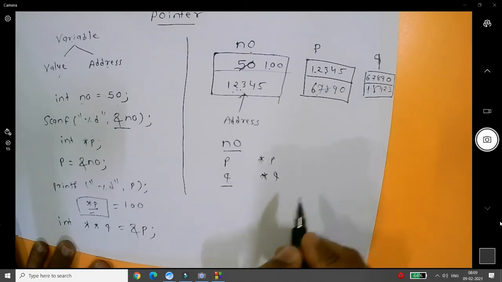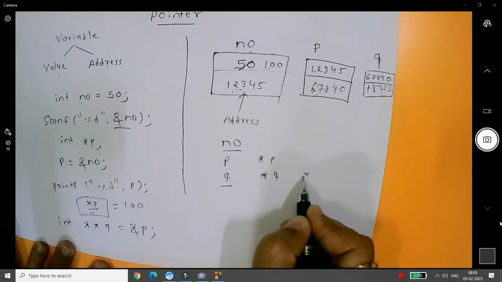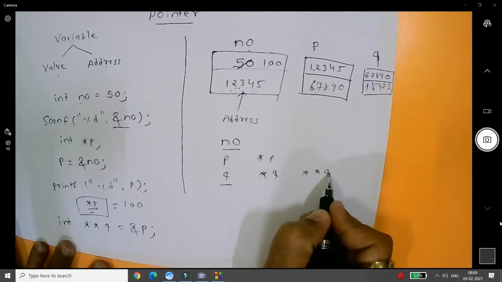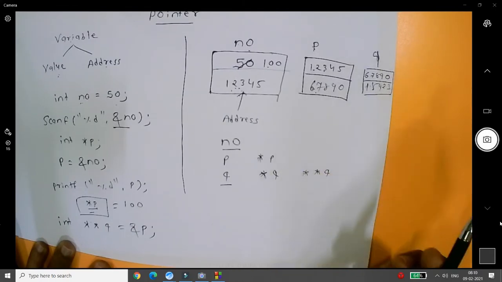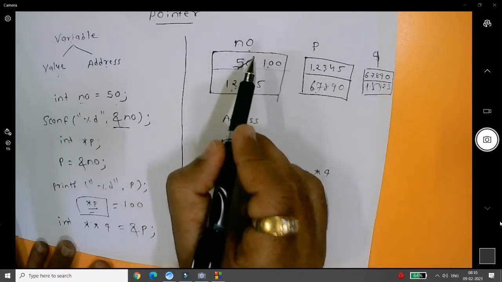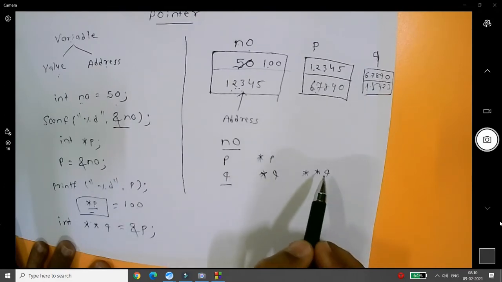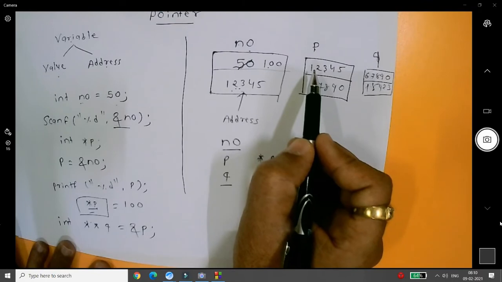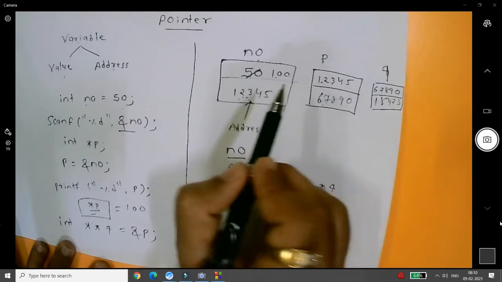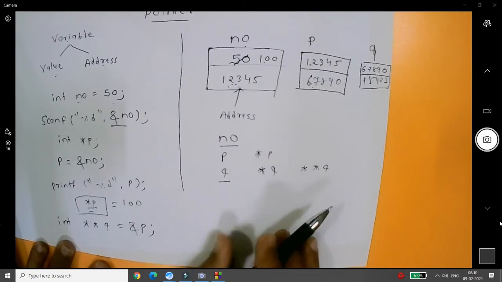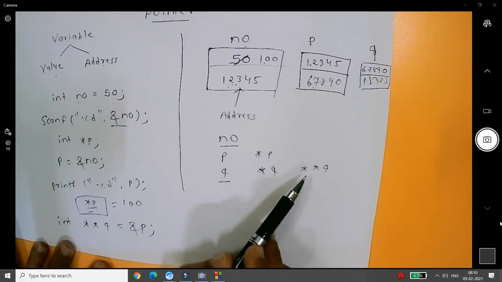But if you print **q, it will print the value of this number. Why? Because whenever you write **q, it will print the value pointed to by this address, and at this address the value is 100. That is the reason why the value 100 will be printed over here.